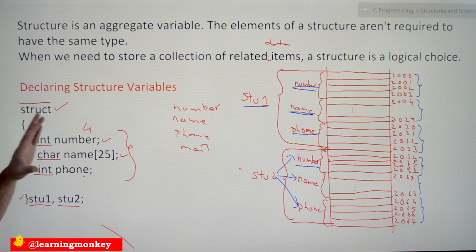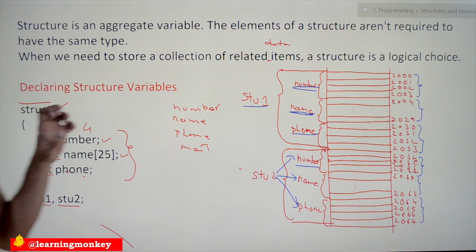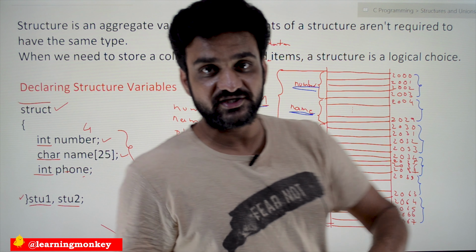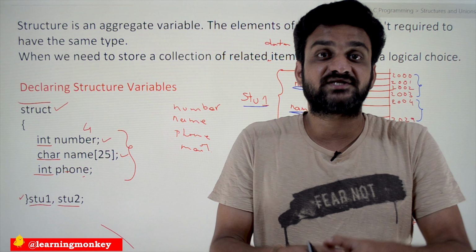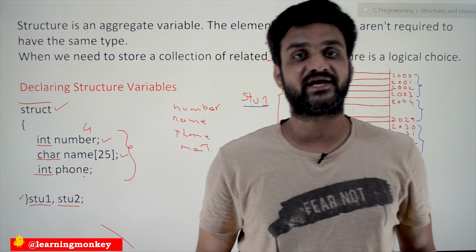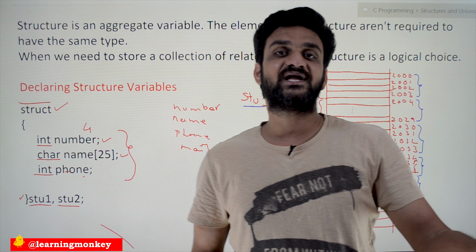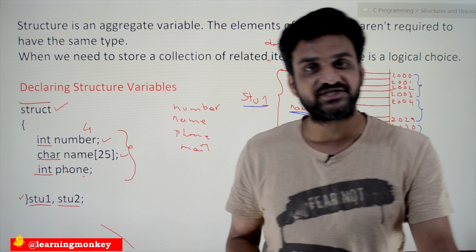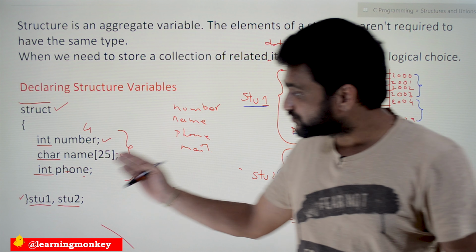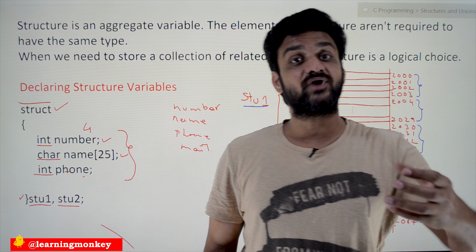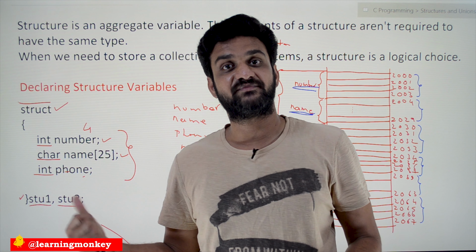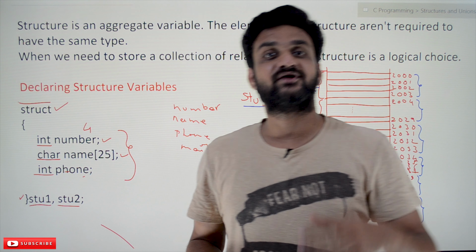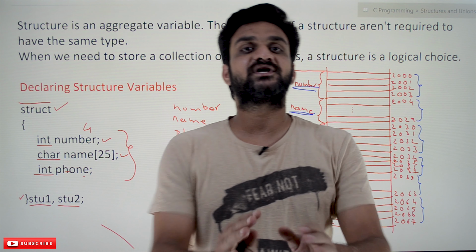So this is the introduction of a structure. This is how structures can be declared, and this is how the memory for structures will get created. In the later classes we will try to understand how to initialize a structure, meaning how to give values to this structure, and how to access the values stored in memory for the structure variables. Hope you got clarity on this concept.